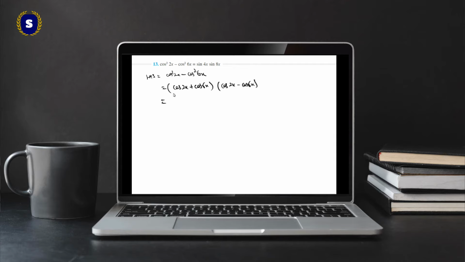Okay. Using the identity of cos a plus cos b, I'll get 2 cos a plus b, that is 8x divided by 2, cos a minus b, that is minus 4x divided by 2. And here I'll get minus 2